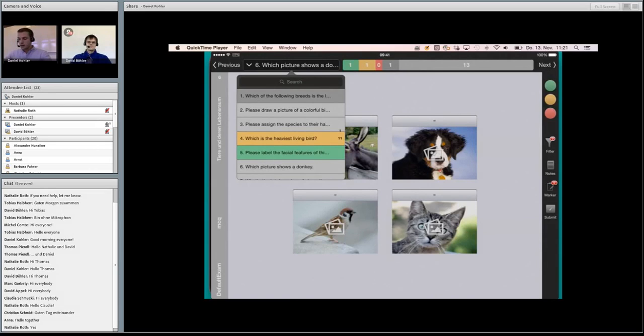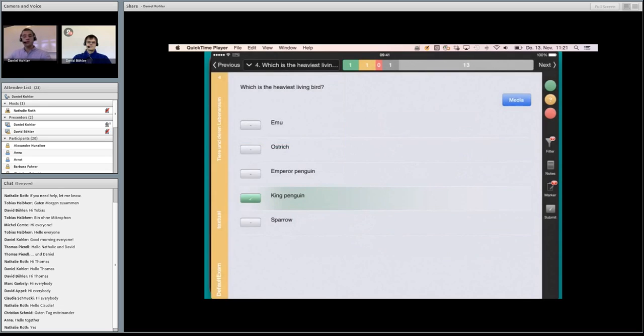And what's great about it is that I can also see my level of certainty that I've indicated with the traffic light system. So I see, oh, right there we have a question that I was not sure about, and I can review the question again, and I remember, oh yes, I guess it is most likely the ostrich, and I changed that here.